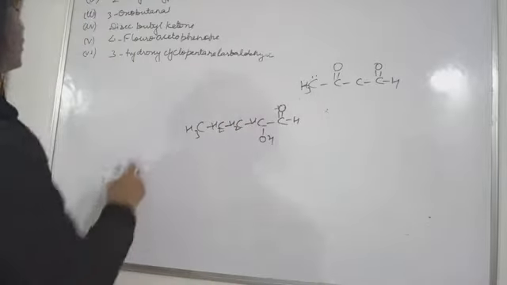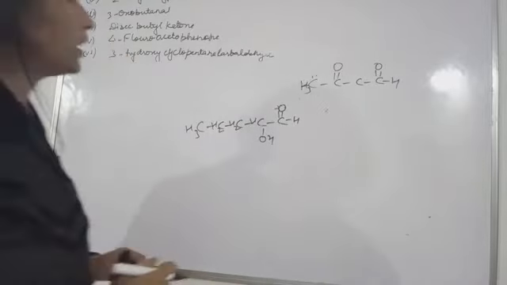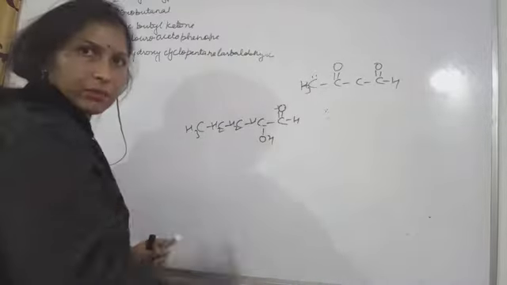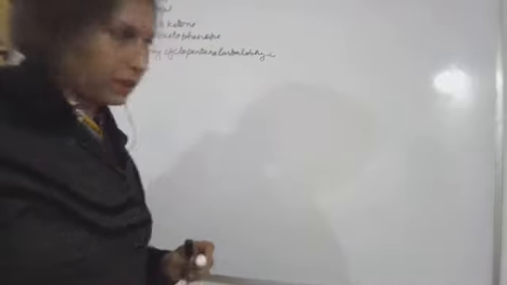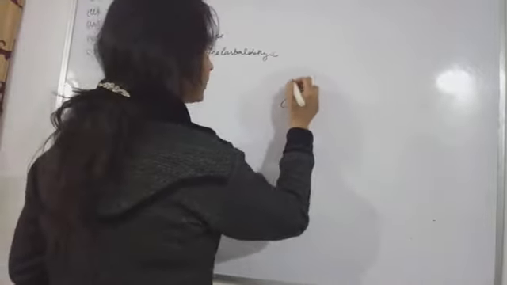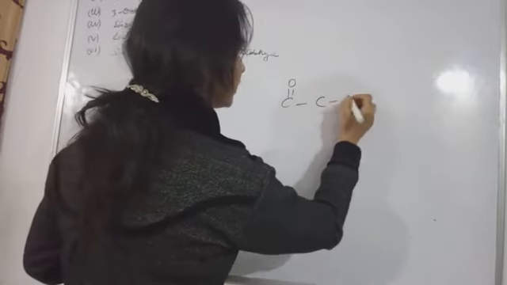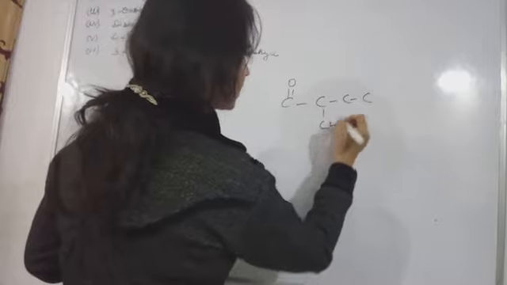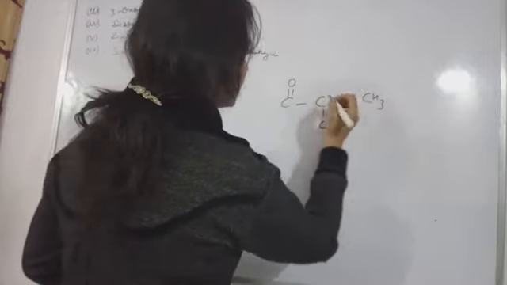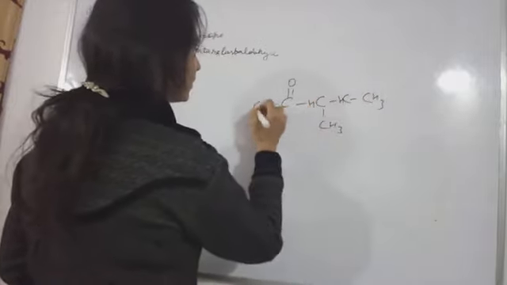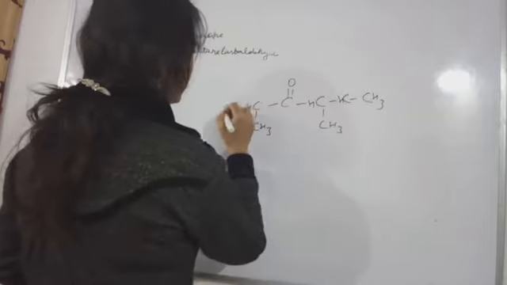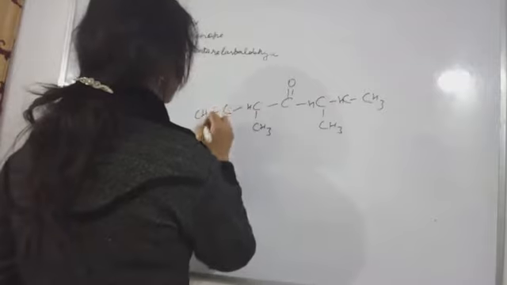The fourth compound is di-secondary butyl ketone. So secondary butyl ketone, what will that be? Shall I rub this? Hope you noted it down. The ketonic group is present, and on either side the secondary butyl. So what does secondary butyl mean? The secondary word is given to, see, this one is one, two.